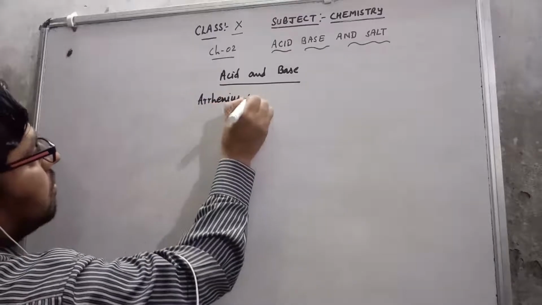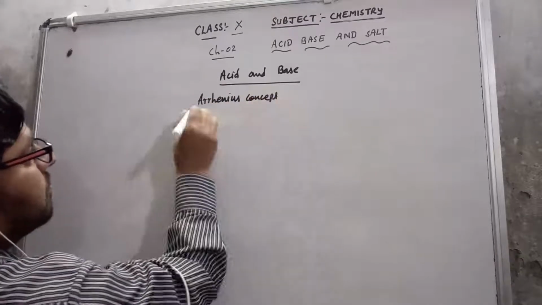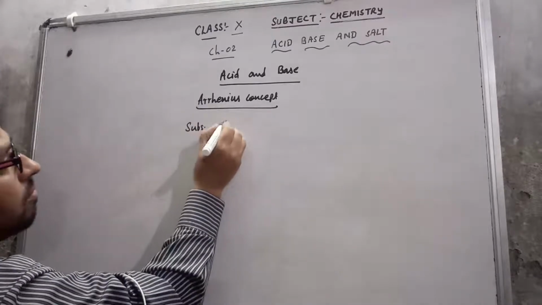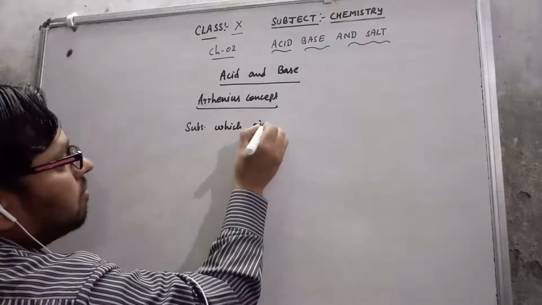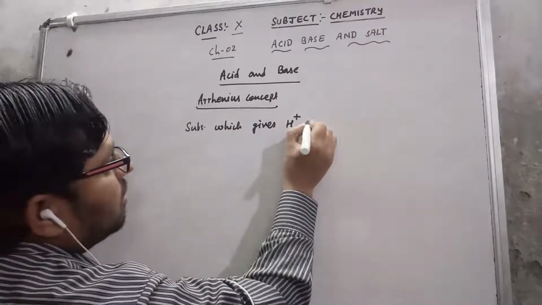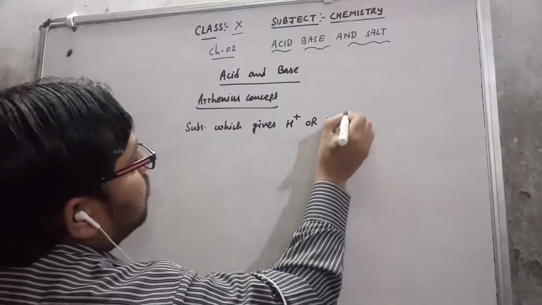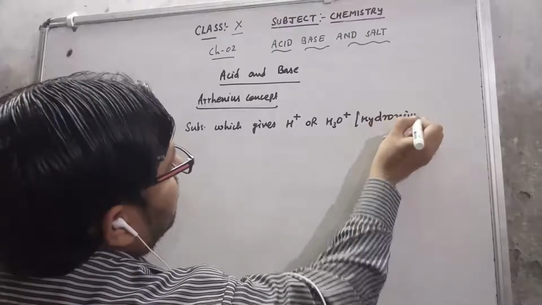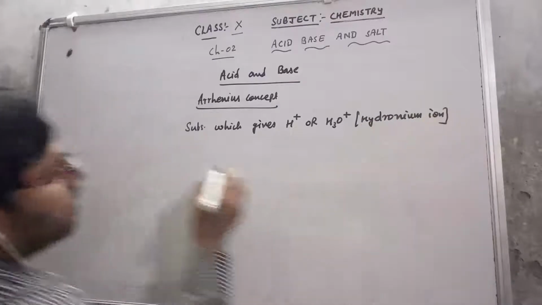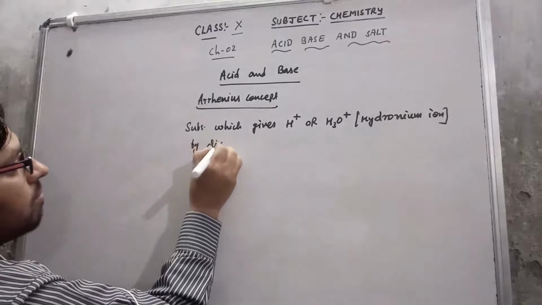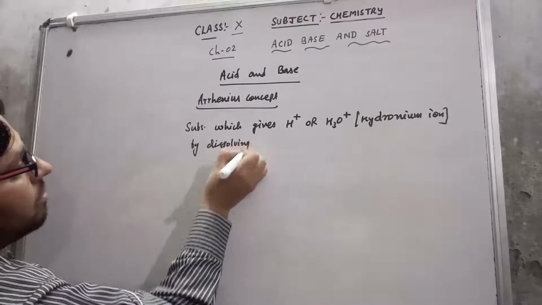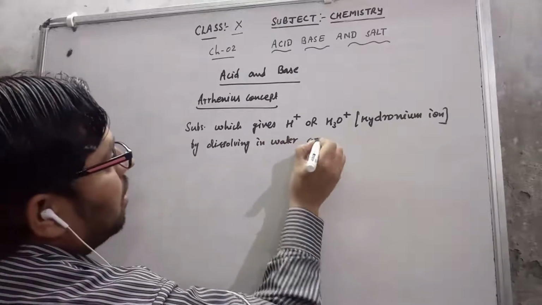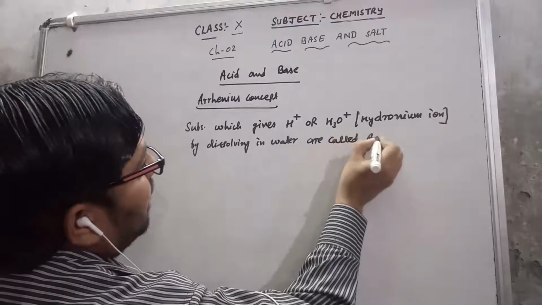Arrhenius concept says the substances which give hydrogen ion or hydronium ion by dissolving in water are called acids,